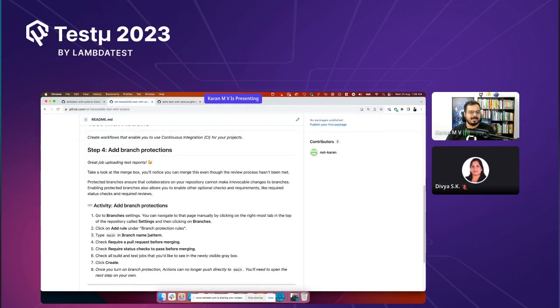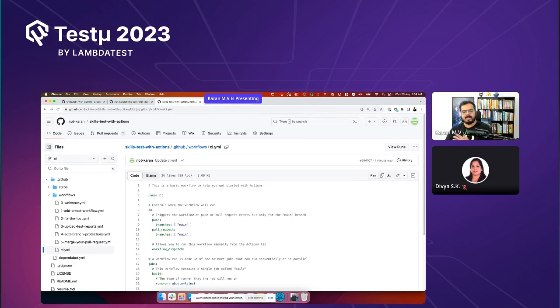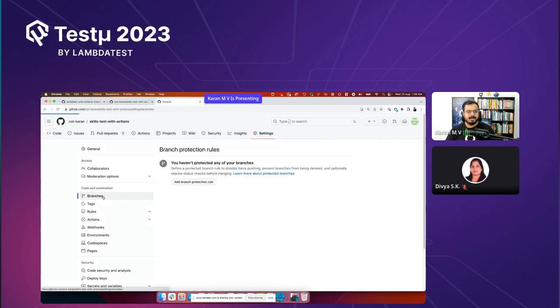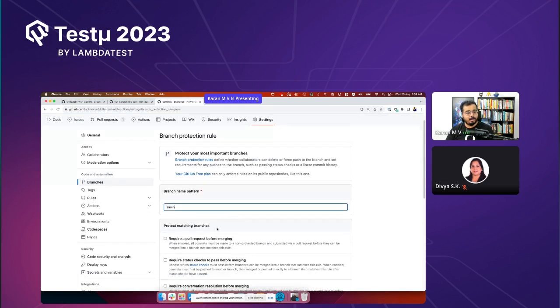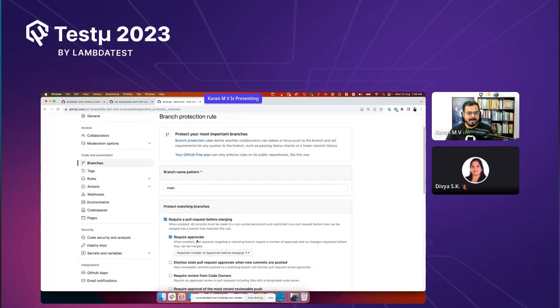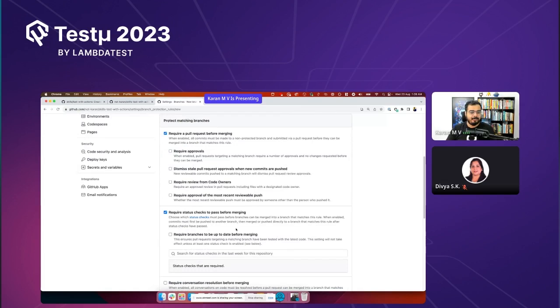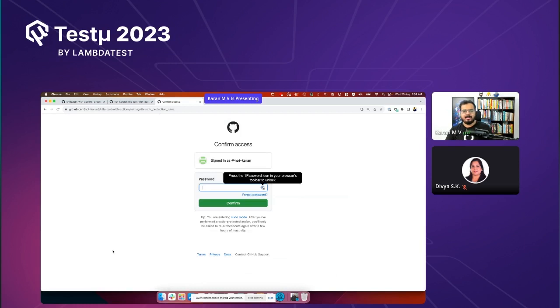All right, the final thing it says is to add branch protections to make sure that all of these tests run, or rather protect from any other changes so that it's not pushed. So I'll show you what happens: you can protect your main branch to make sure that a pull request is required before merging, and multiple other protections, and to make sure that the status checks must pass before merging. All right, so it enforces this, and in your world, it can really help you make sure